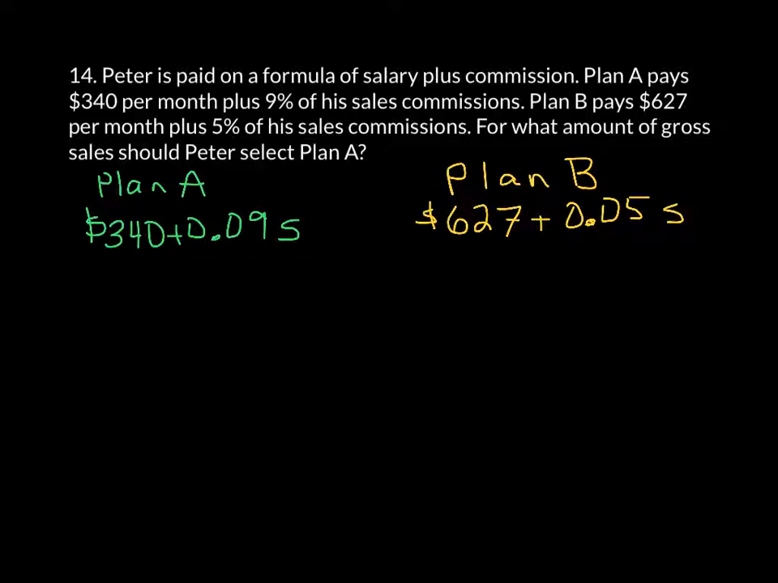We set up our inequality to show Plan A being greater than Plan B by substituting the formulas we came up with. So now we can treat this as we normally treat a linear inequality. We can put our numbers on the right and our letters on the left. So we'll subtract 340 from both sides, and we'll add